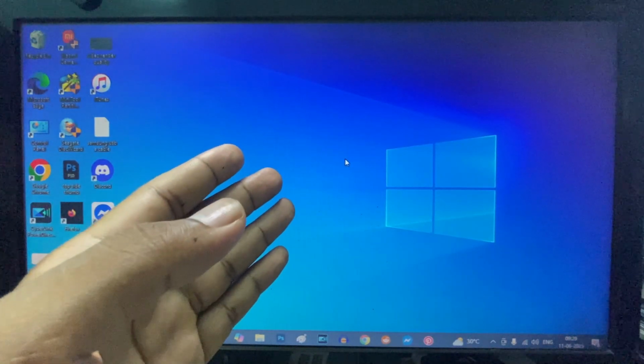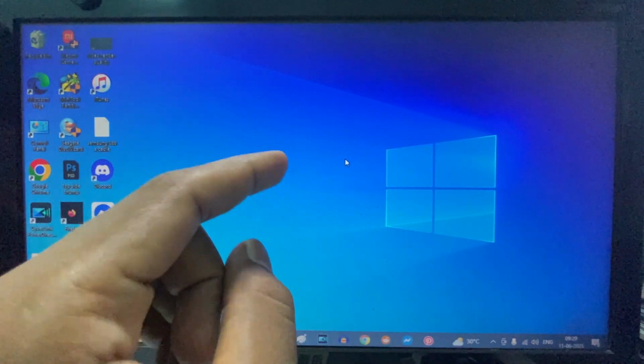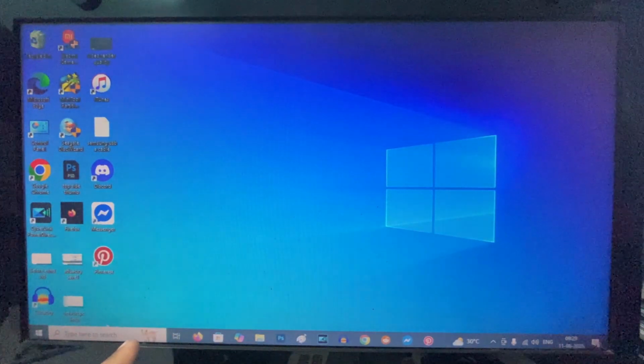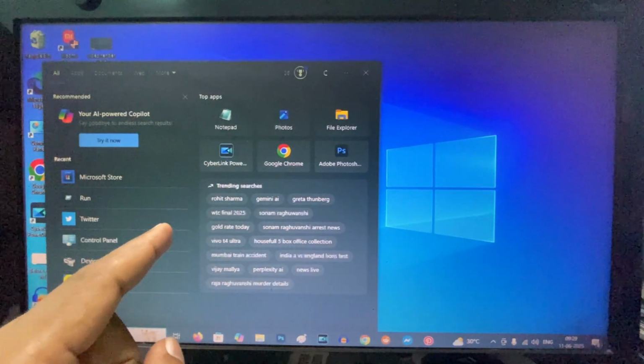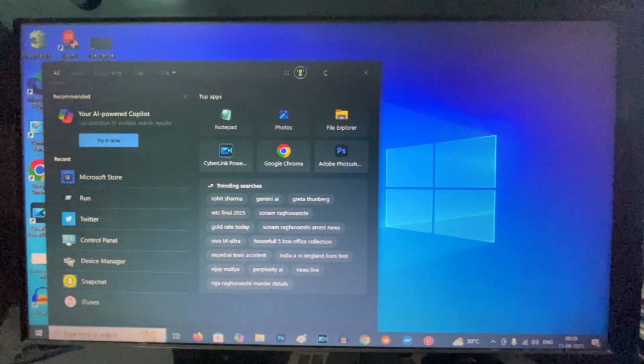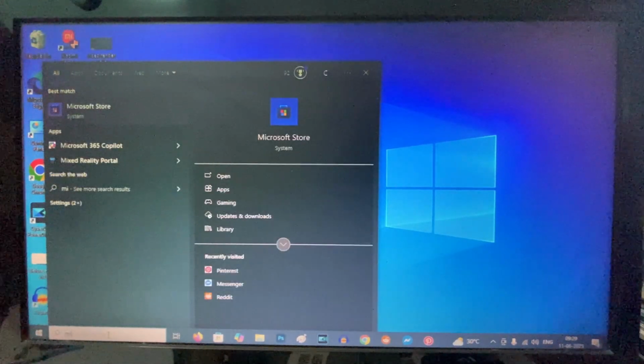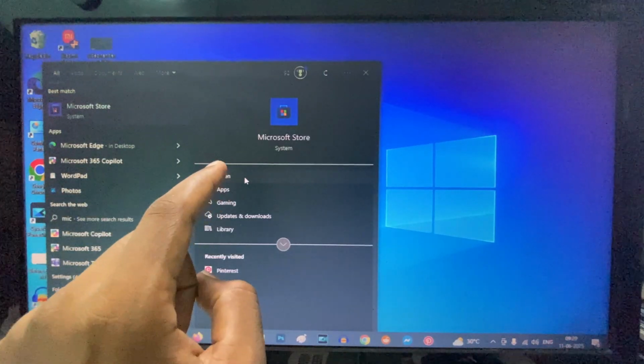If you want to download the Canva app on a Windows computer, first click this search bar and just type Microsoft Store. Then open Microsoft Store